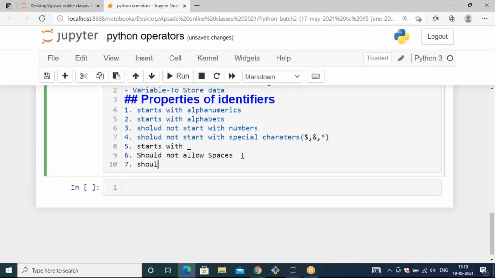Shouldn't be a keyword. We have a total of 35 keywords in Python, like is, in, not, like this. So it should not start with all this.